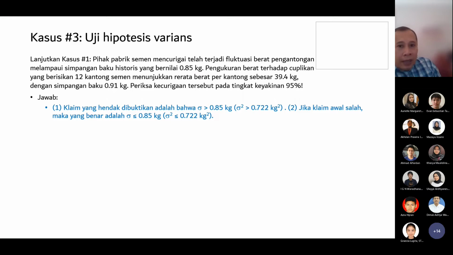Okay, so they performed sampling. So they took 12 bags or 12 sacks from the bagging plant, and they weighed the content of those 12 bags, and they obtained a sample mean of 39.4 kilogram per bag, with a standard deviation of 0.91 kilogram. Okay, so we want to confirm the suspicion at a confidence level of 95%. Okay, I think that's pretty clear. So the claim that we want to prove is,